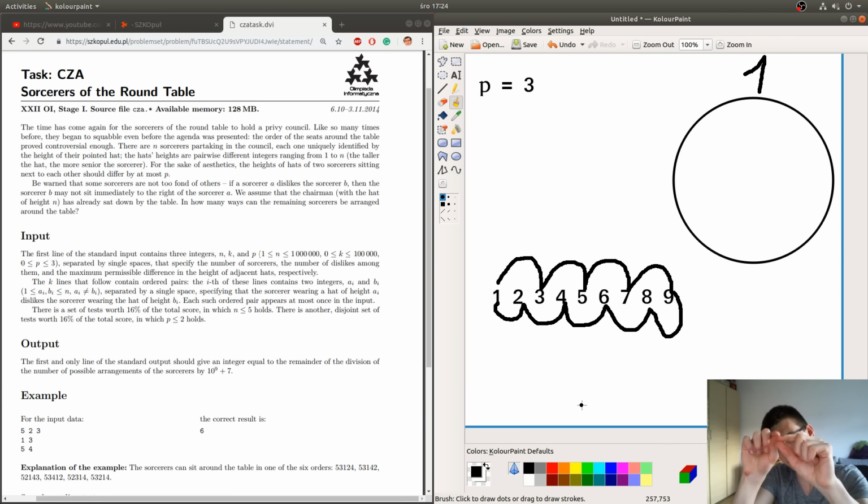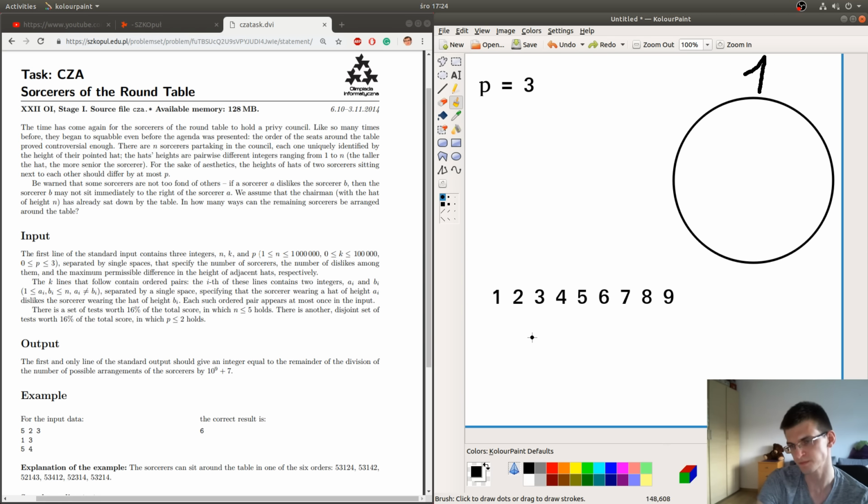So on one side it was 1, 3, 5, and so on. We have the same thing here. So we either have this in that direction, or the second possibility was with this direction, when from 1 we first go to 2, then 4, 6, 8, 9, and then back by odd numbers.